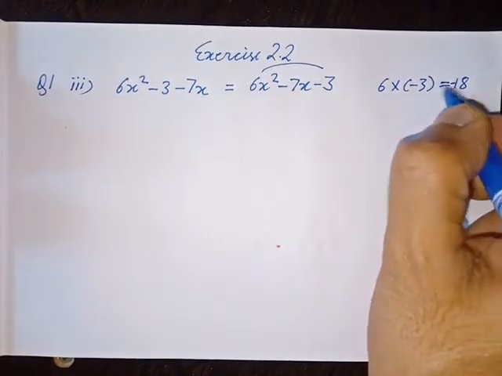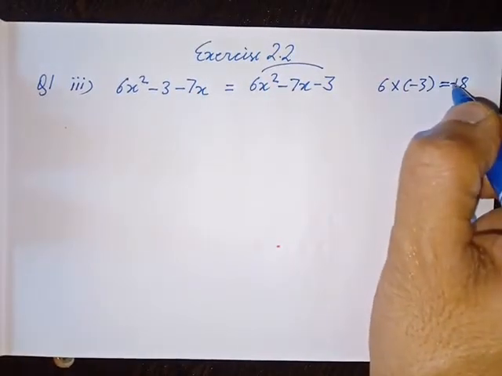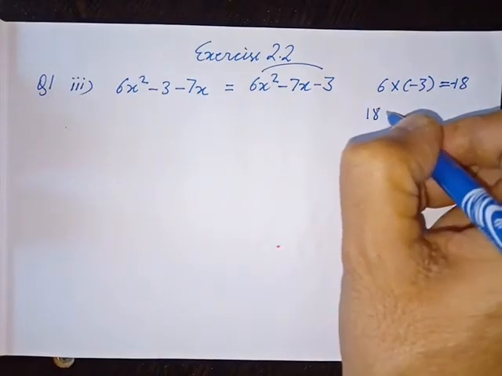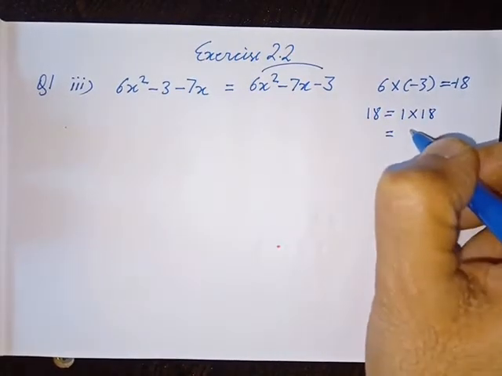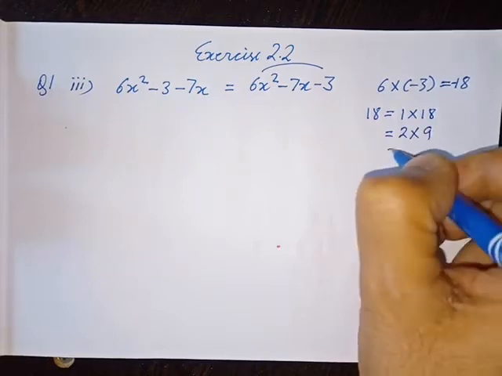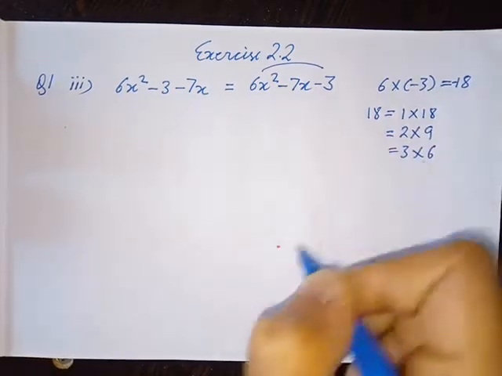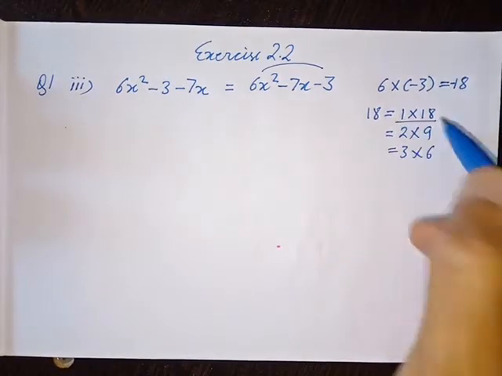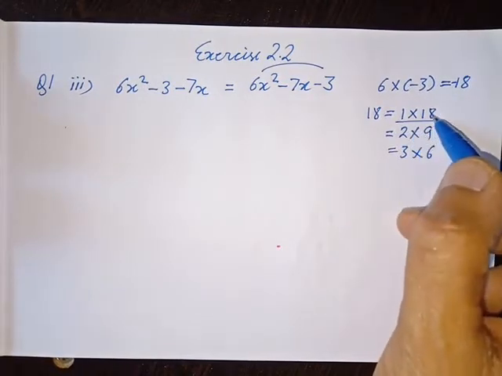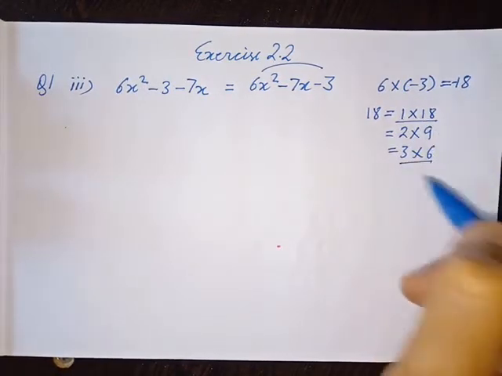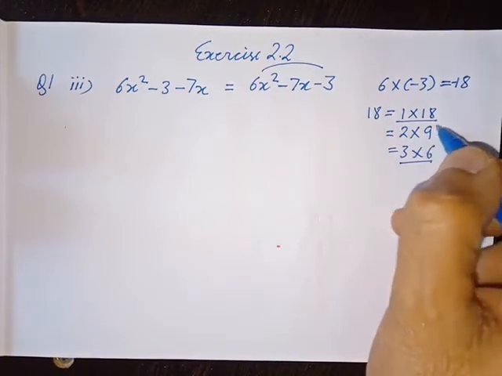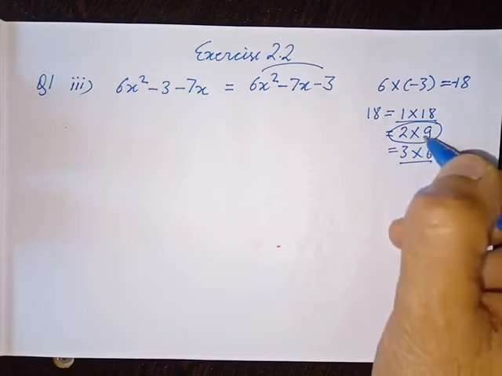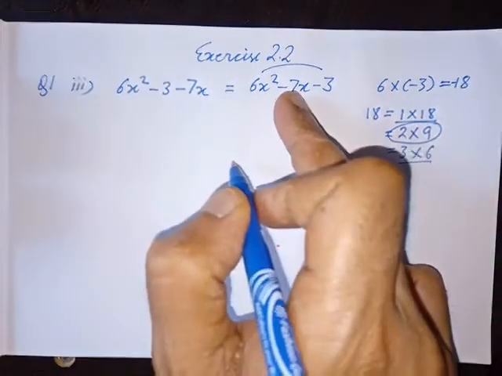We are not considering the negative sign; we will simply find the possible factors of 18. So these are 1 into 18, 2 into 9 and 3 into 6. These on addition give 19 and on difference give 17. These on addition give 9 and on difference give 3, whereas these two on addition give 11, but on finding the difference between them we get 7 as a result.